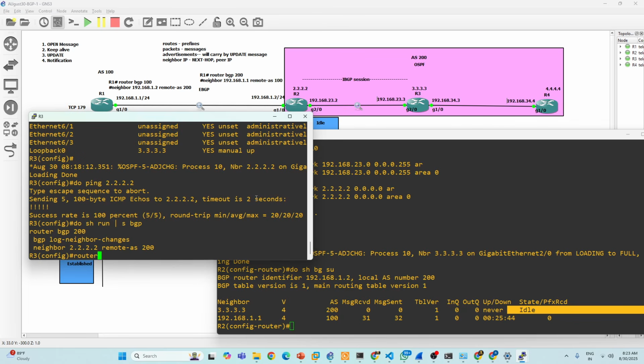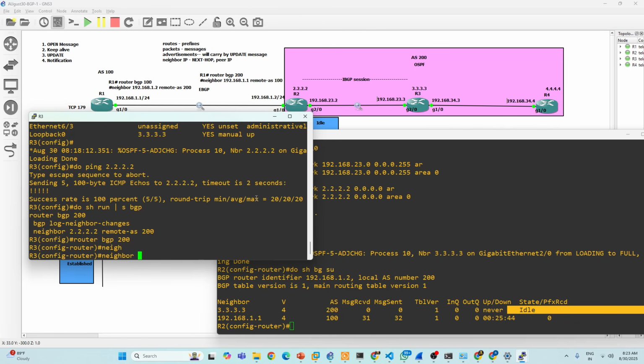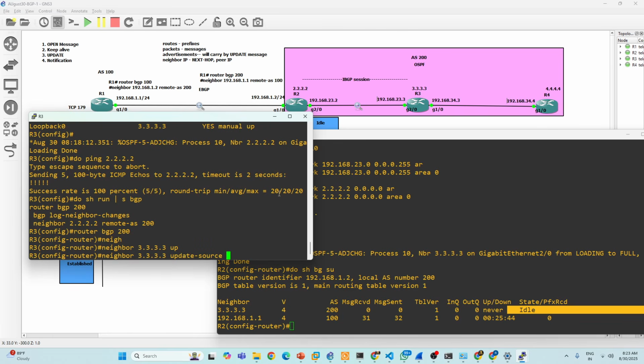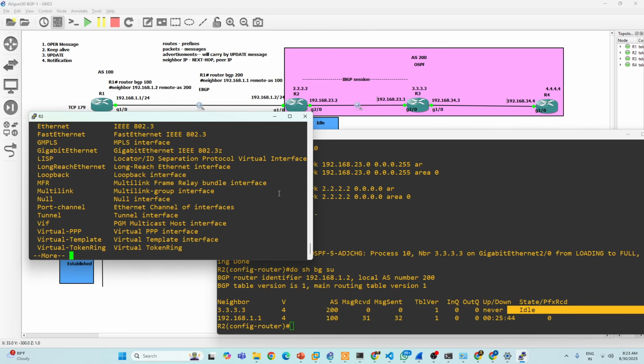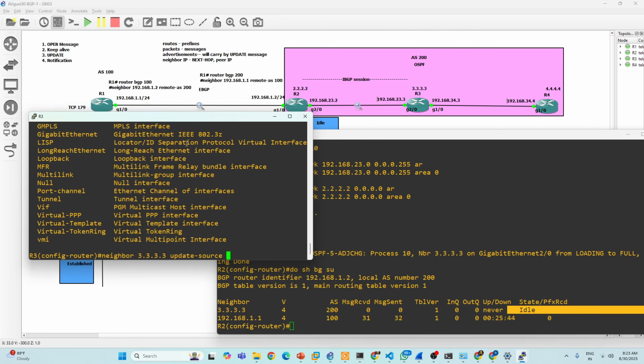So there is one more command in IBGP. Router BGP 200, neighbor. Who is the neighbor? 3.3.3.3. And when you connect to this neighbor, you need to use update source loopback 0. You have to update the source as loopback 0, or else you can give anything.